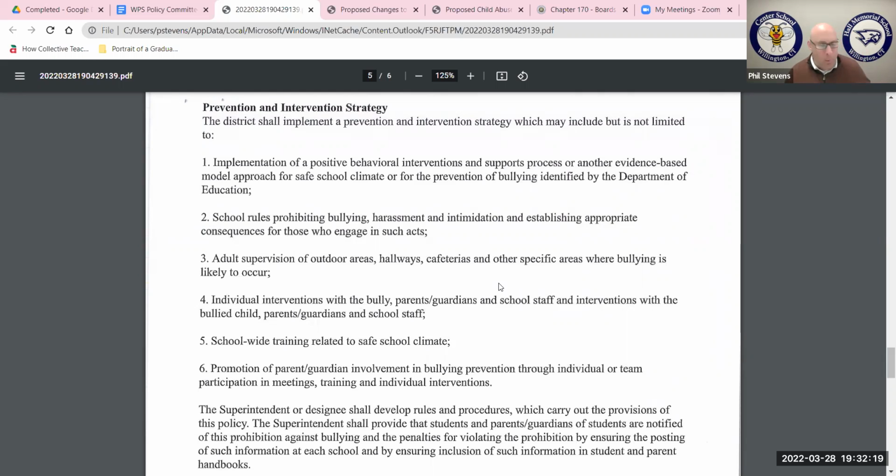Any other things with the bullying policy that you want to change? Not change necessarily, but just one more question in regard to the prevention and so forth. We don't have too many repeat incidents. In other words, when you think of zero tolerance of something like this, and I don't know if there's anything in here on zero tolerance, I don't remember, but